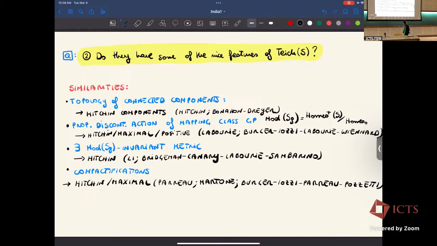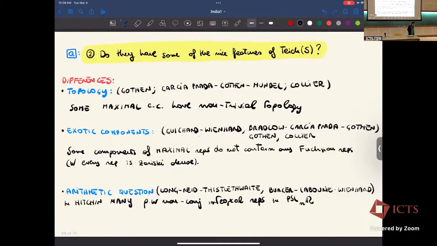And then you can think about compactifying this component in the same way that Thurston compactification works. There are various ways to define Thurston compactification, using real trees, using laminations, and there are a lot of these compactifications that work. Another setting is the collar lemma. In this component, the collar lemma works. So there are a lot of ways in which this component really behaves similarly, like Hitchin, like Teichmüller space. But there are also some cases where they behave differently.